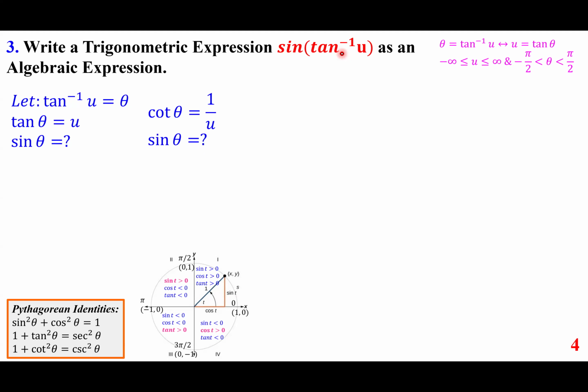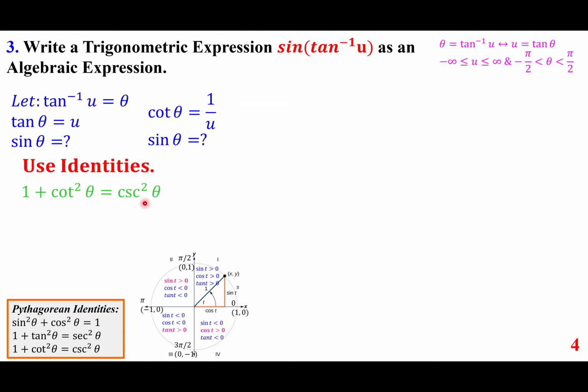Well, cotangent theta is 1 over u. Sine theta is a question mark. The reason is because we know the Pythagorean identities, and 1 plus cotangent squared is cosecant squared. Cosecant is 1 over sine. That's why I'm writing cotangent theta as 1 over u. Of course, the relationship between tangent and cotangent is that they are reciprocals. So 1 plus cotangent squared is cosecant squared. So 1 is there. Cotangent is 1 over u, so it's 1 over u squared